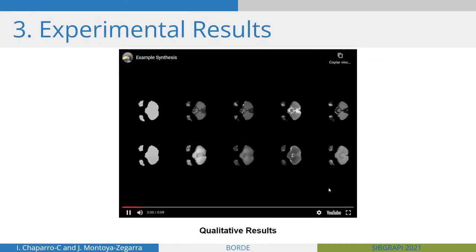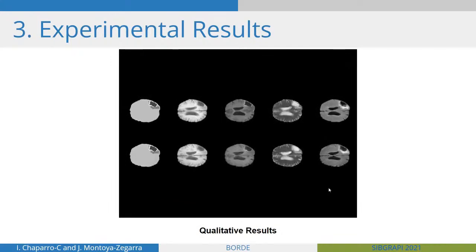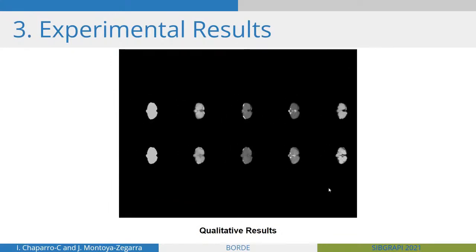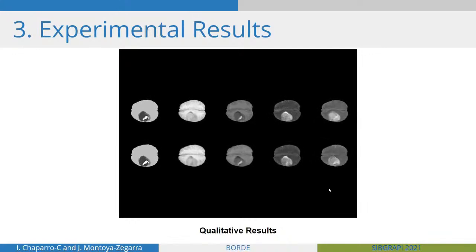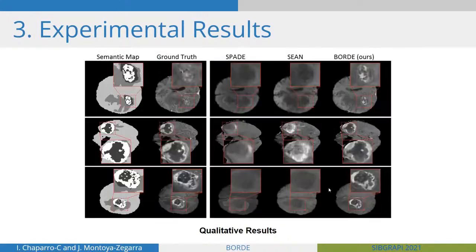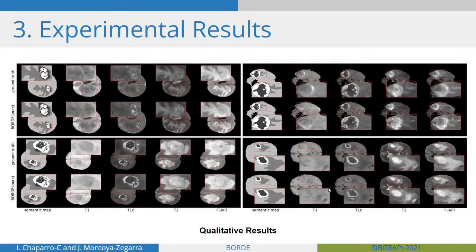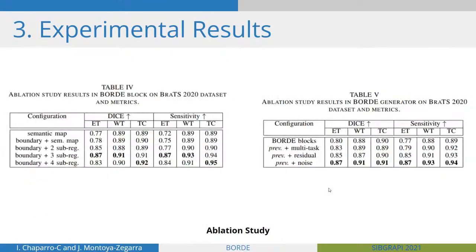Here we have qualitative results. This image shows a qualitative comparison of different semantic image synthesis results with SPADE, SEAN, and Borde. This image shows different visual results of multimodal brain MRI slices together with their corresponding ground truths. And finally,